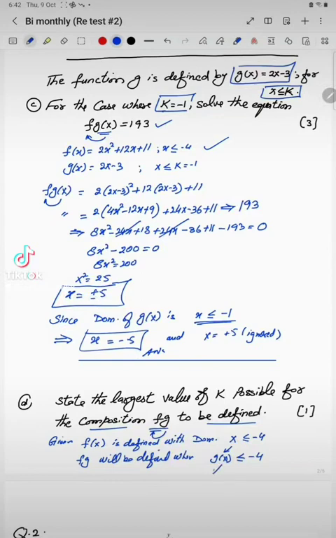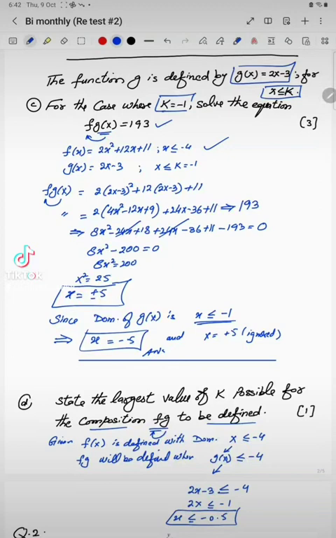So here the g of x value is what? We are given 2x - 3 less than or equal to -4. We are looking for the largest value of k. So 2x is less than or equal to -1, so x is less than or equal to -0.5. This should be the largest value